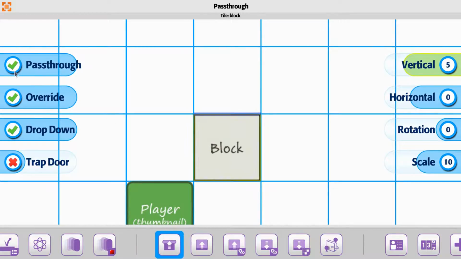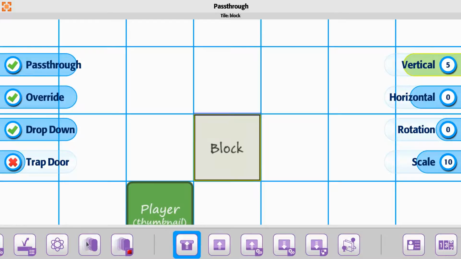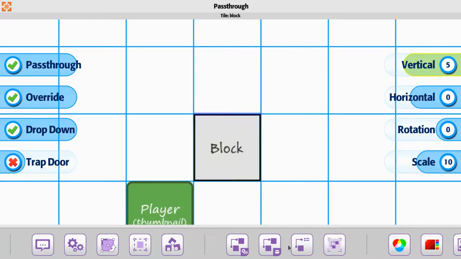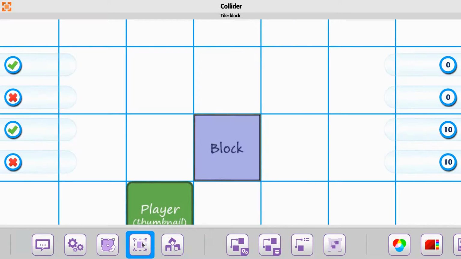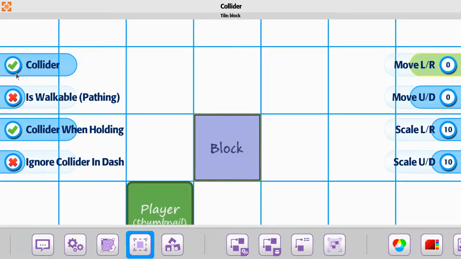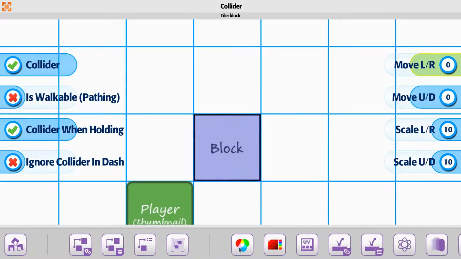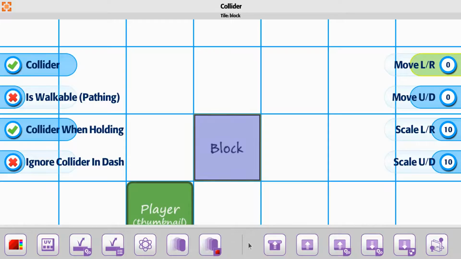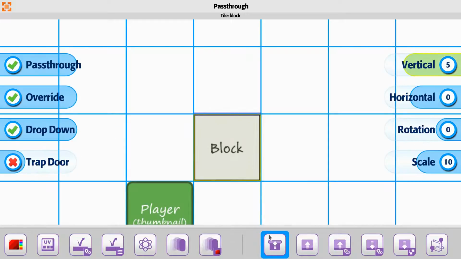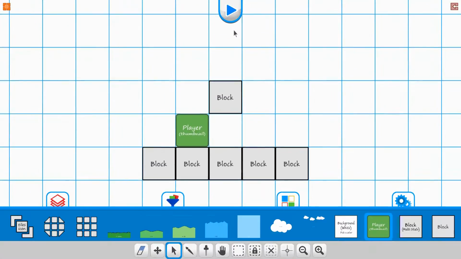And now when you do pass through, one thing to take note of is that on the collider, you may have the collider box turned on, but if the pass-through is turned on in the background, it's automatically turning the collider box off for the moment. So when we go in to play it,